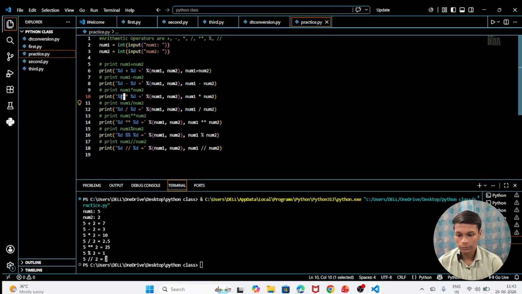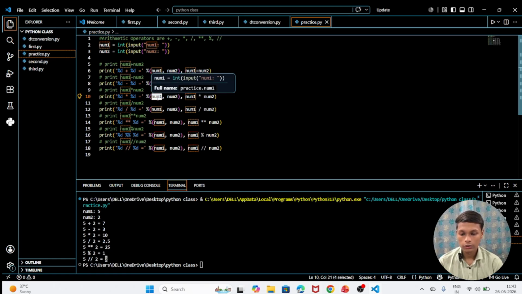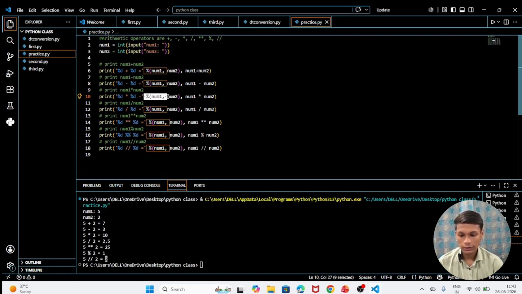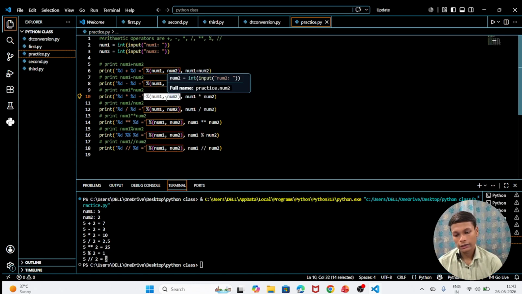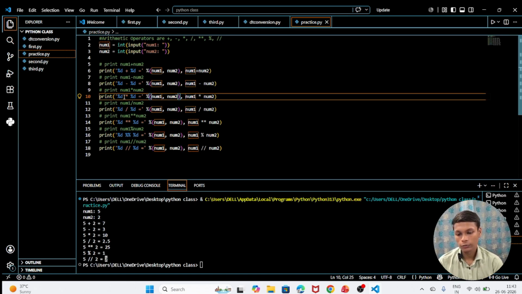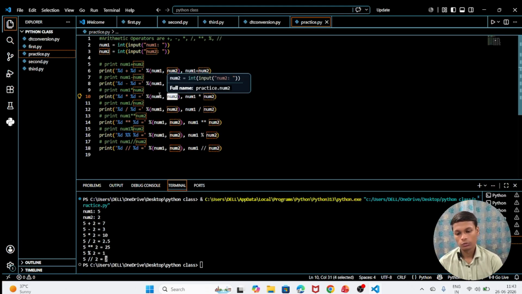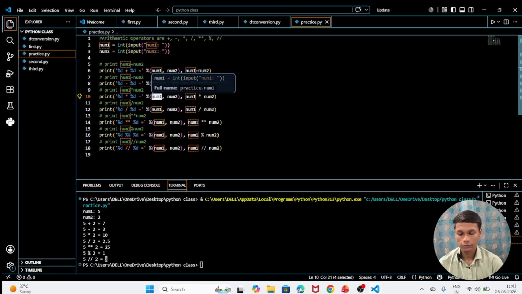We write this %d, so the value of num1 will come here, because this is written with a percentage and then brackets with num1, comma, num2 in sequence. First is this percentage, then the first value will come here. It's not that the percentage takes the value of num2. No, it runs in sequence. Okay,